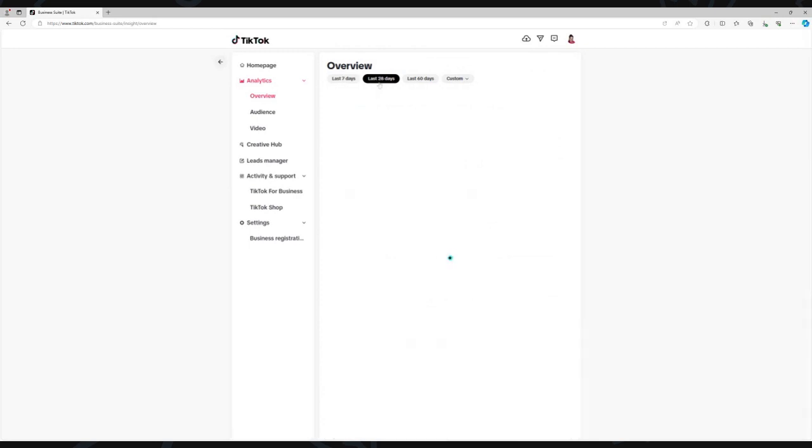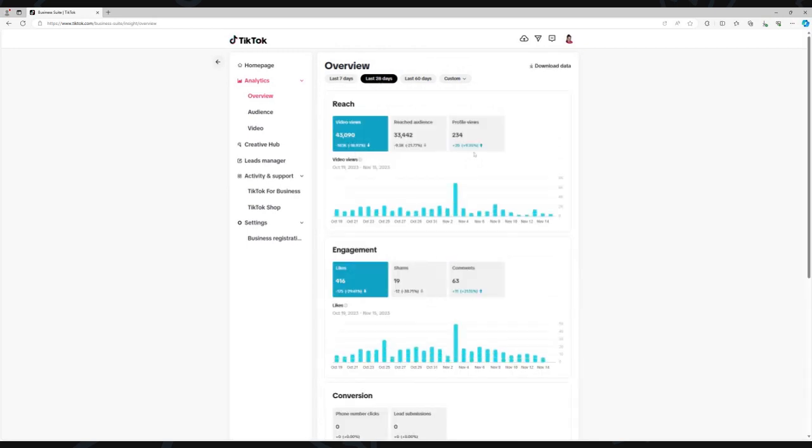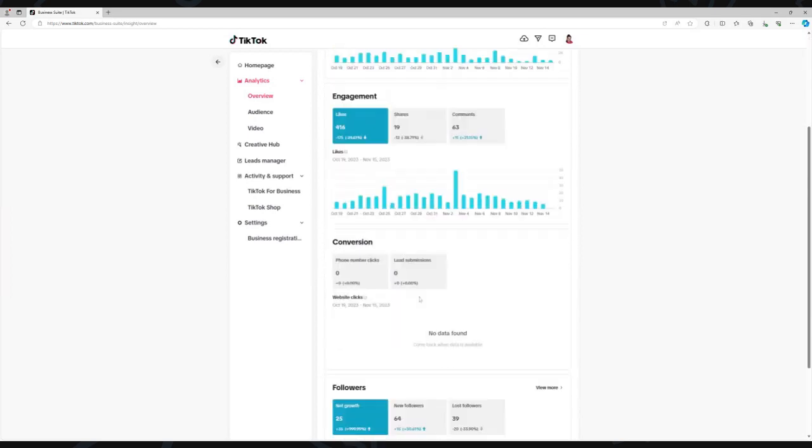Let's look over the last 28 days. So if you look here, still the video views are down by almost 20%. The reach audience is down a little over 20%, but the profile views went up significantly. It was almost a 10% increase. So when I'm looking at all of this, the comments went up a little over 20%. The likes went down close to 30%, and the shares went down close to 40%.